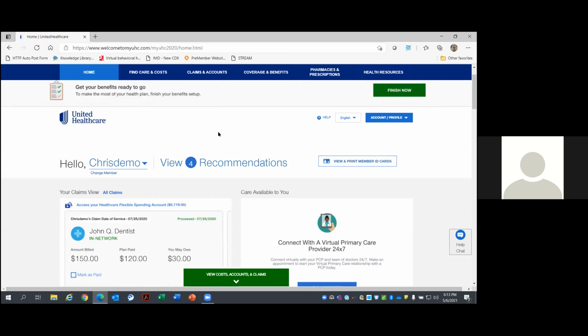Now, before we actually dig in to the different tools we're going to be going through, probably the most important section of this website is going to be in the top right-hand corner, right next to your little view recommendations. That's your view and print member ID cards button. Now, like I said,